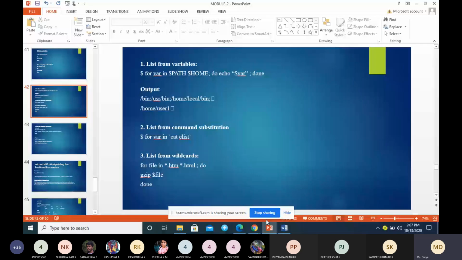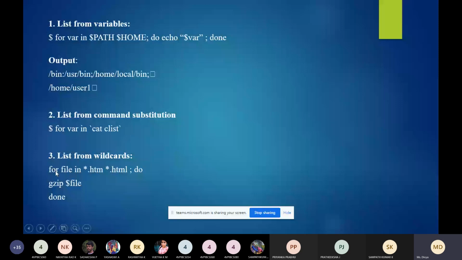The next one, the third one, is for, where the list can be wildcards. You can see here we have wildcards, *.html and *.htm. So we are telling this file variable can take two items from the list. That item is any file having the extension .html or any file having the extension .htm.